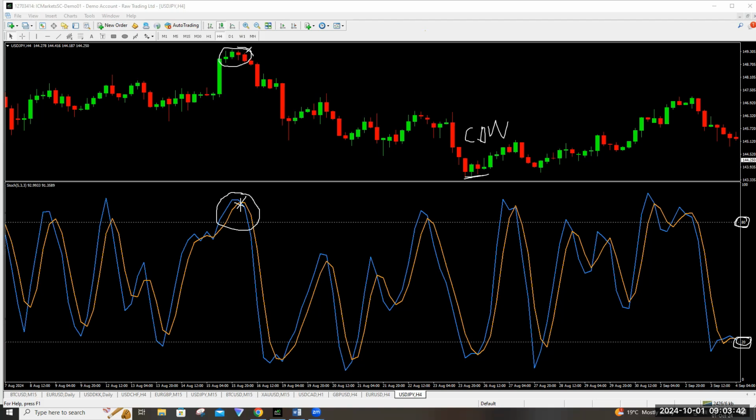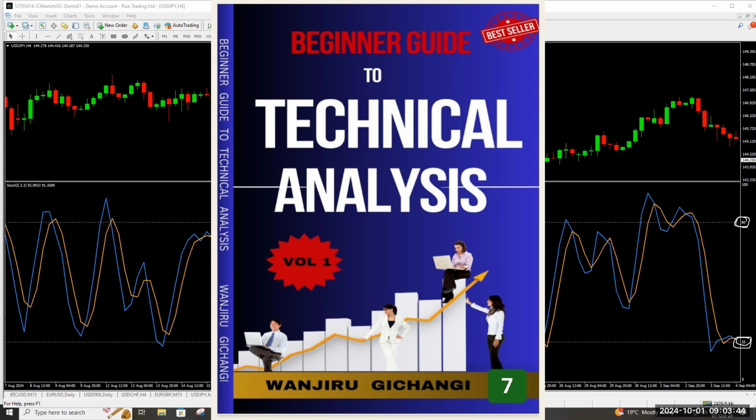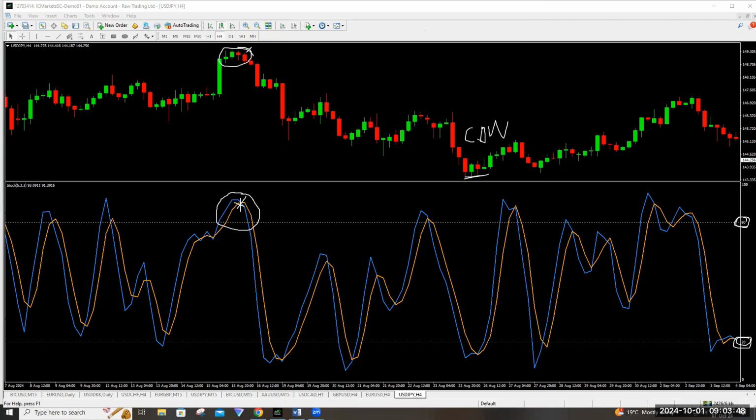And I hope that you've read book 7 on technical trading, where you learn about dominance. So from here, you can see that you can take that trade down until there is a crossover to the other side and you leave that trade. So that is how